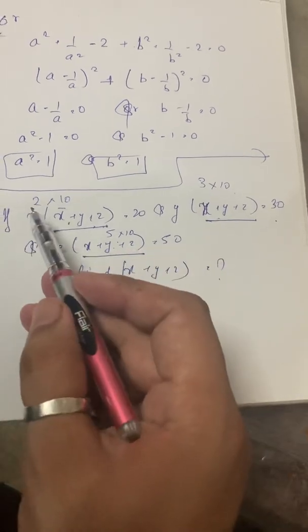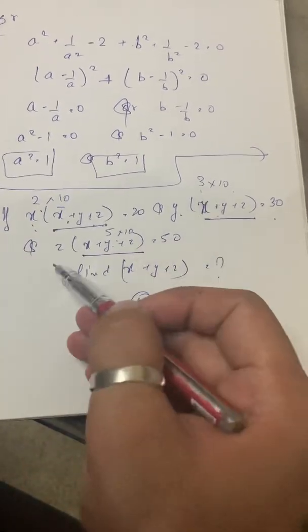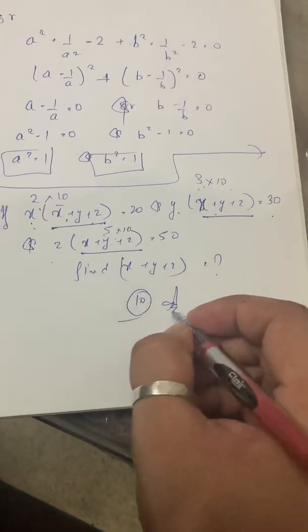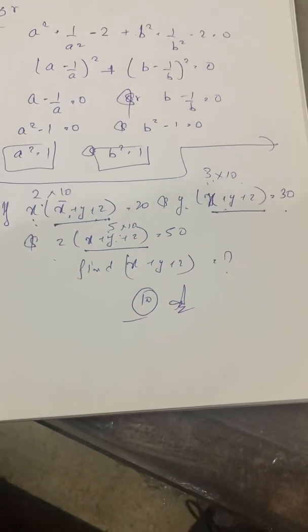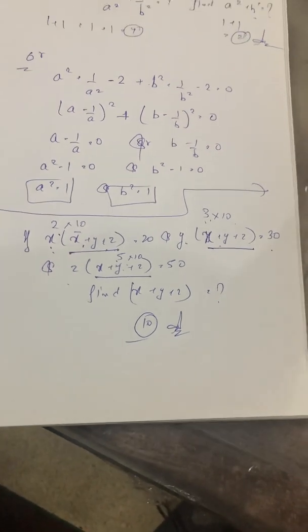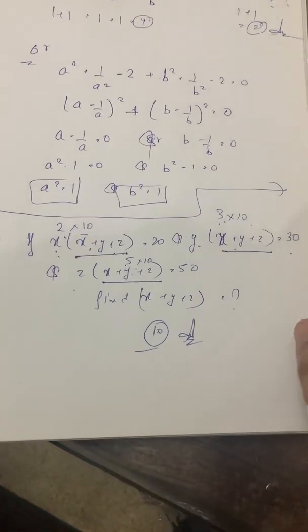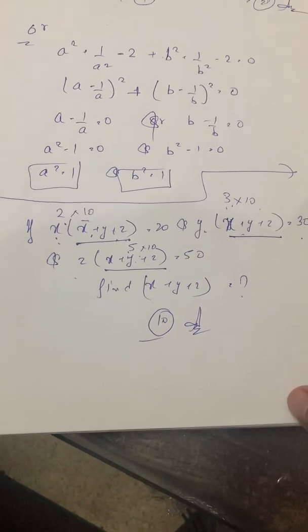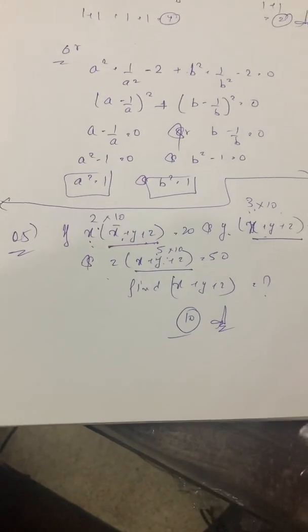You can check also. x is 2, y is 3, z is 5. 5 plus 3 is 8, plus 2 is 10. So x plus y plus z, answer is what? 10. Where a normal student starts to think which formula I should use, you can give the answer for these problems, class. I hope you are getting clear with this. Write down the solution, hurry up.